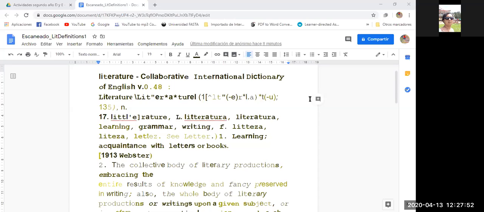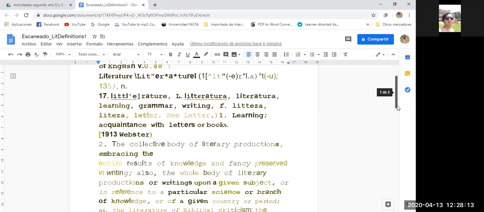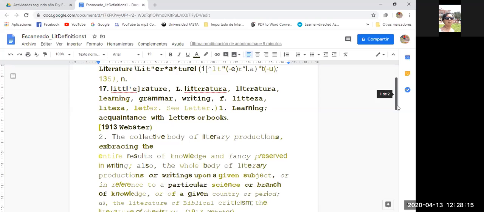Okay, there you can see the first definition that I took from the International Dictionary of English. Literature, you have here, and the different definitions. The first one means learning, acquaintance with letters or books.